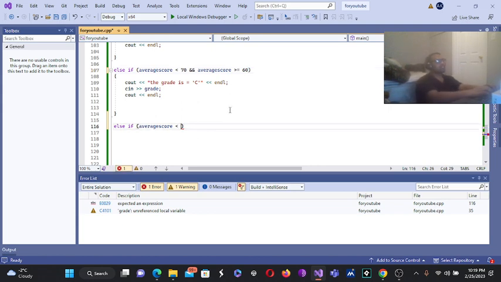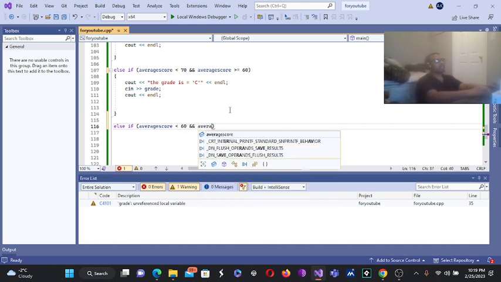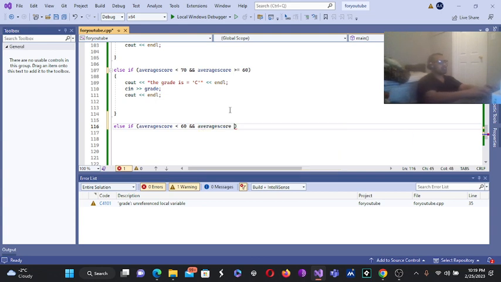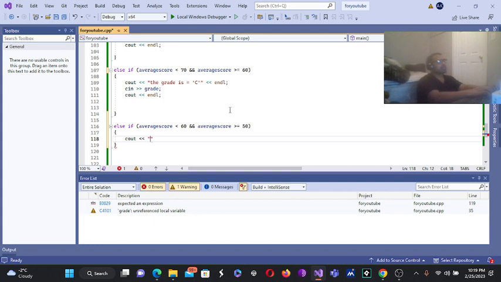Less than 60 and average score is greater than or equals 50. In that case, I'll go with D. Where is the curly bracket? Yes, I'll go with the D. The grade is,